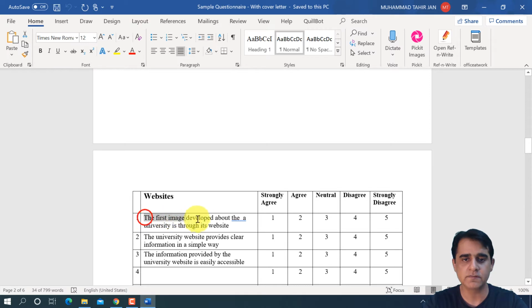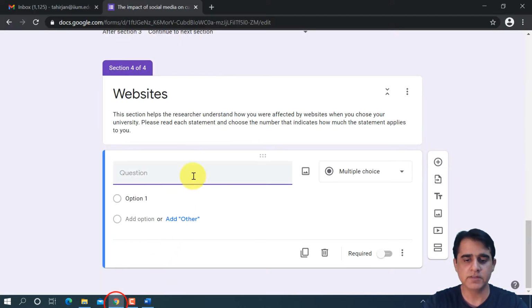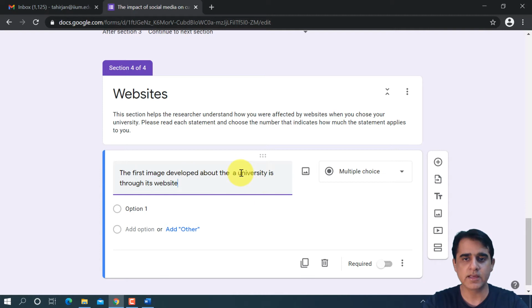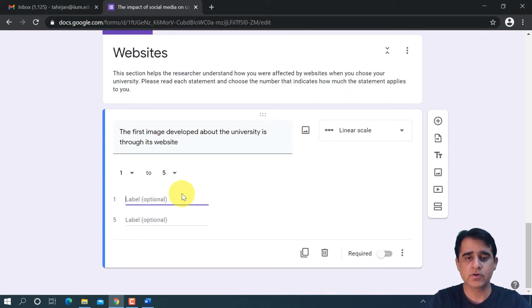The first question is, the first image developed about a university is through its website. So you copy it and you paste it here. And of course you make sure that the errors and the mistakes are removed. It is a linear scale. It is a scale with one strongly agree. Make sure that you do not make mistakes in strongly agree and strongly disagree in the way it is presented